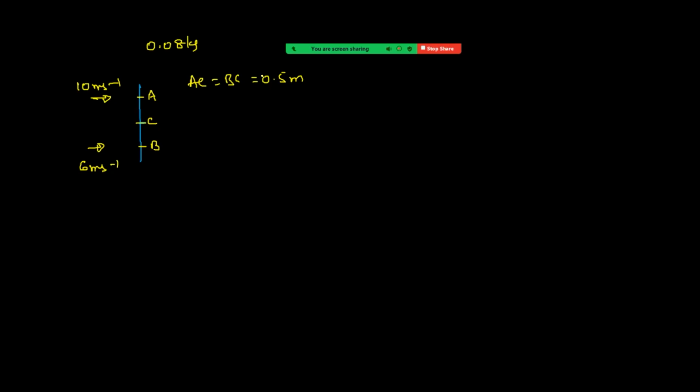Now let us write the momentum equation because net force is equal to 0. Writing the momentum equation: 0.08 into 10, plus the same mass into 6, that means 10 plus 6, 16 into 0.08, is equal to the total mass, 0.08 plus 0.08 plus the mass of the bar 0.16, into VCM. Then VCM, see calculation, comes out to be 4 meter per second. So first we have used the law of conservation of momentum. Now consider